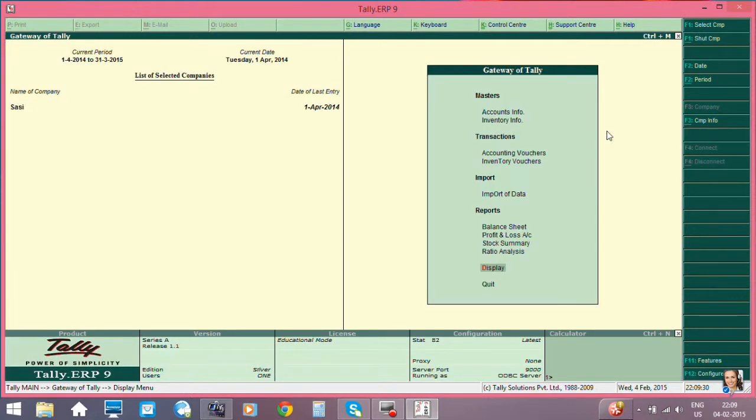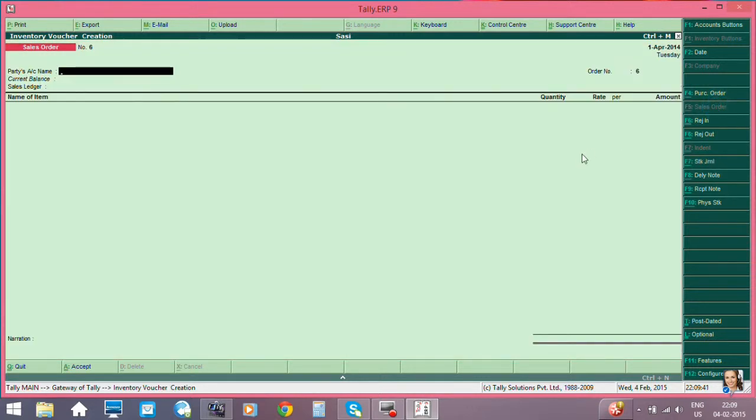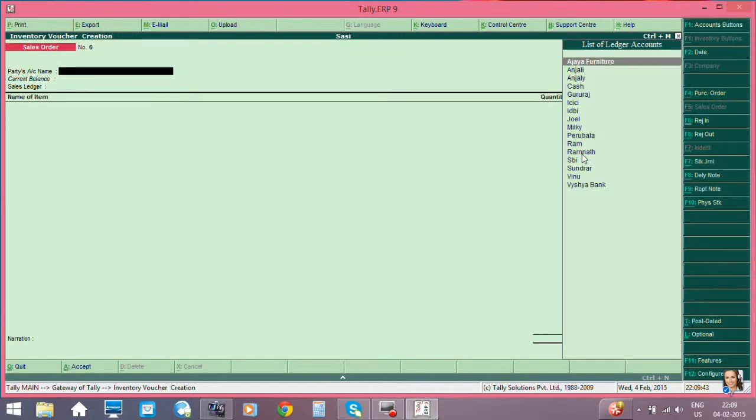Now let us go back and see how sales order and sales are made. For that, go to inventory voucher, select sales order. Here we have to select the party, sundry debtors that we have made here, Ramnath.